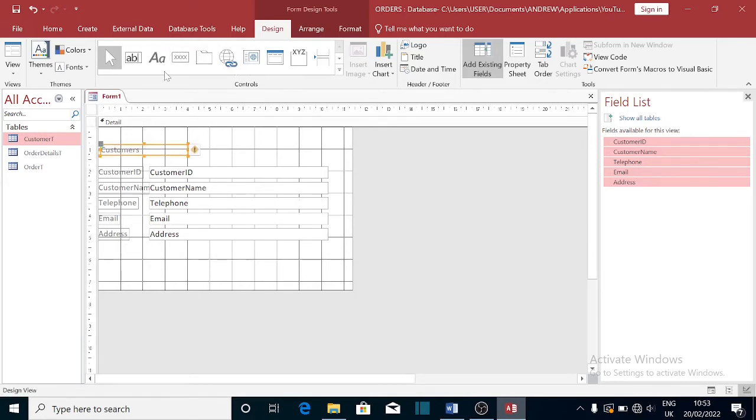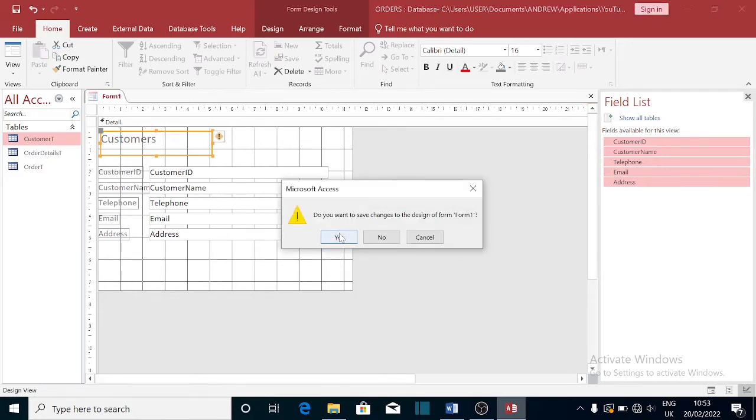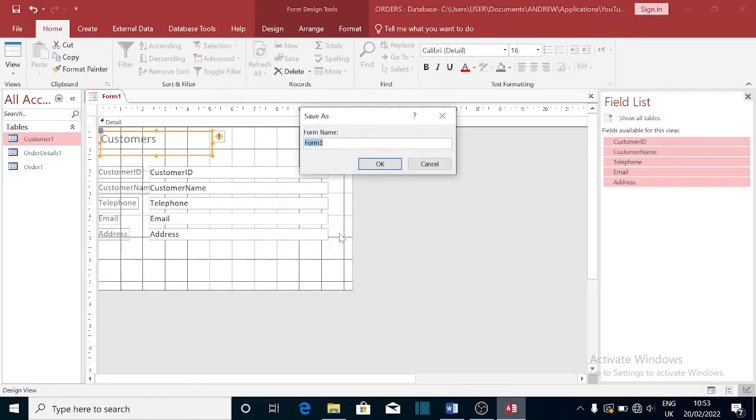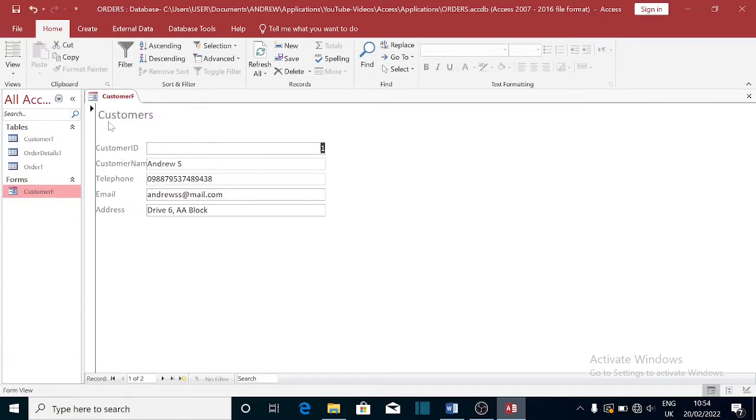So this is how we do it, and I make this one a little bigger, maybe 16. I close and save. I call it customer form. So you see, this is customer form. Okay, so just see the form we've created. This is the form, and